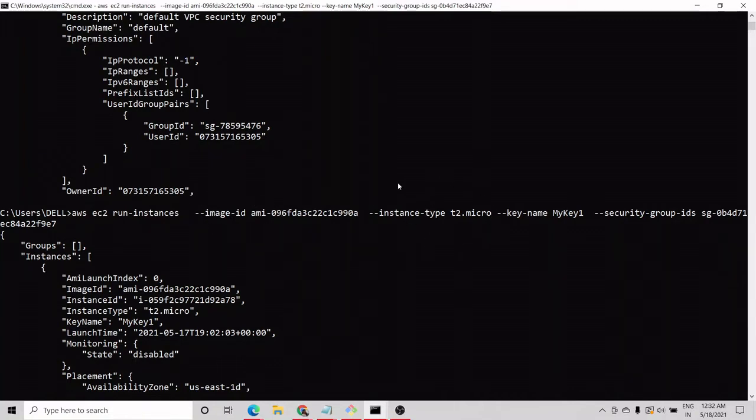Instance type is not compulsory, because I think T2 medium is the default instance type, but as T2 micro is the free instance type, we are providing the instance type also, that is T2 micro. And key name, again a compulsory option, and here we are providing the public key name to launch our instance.